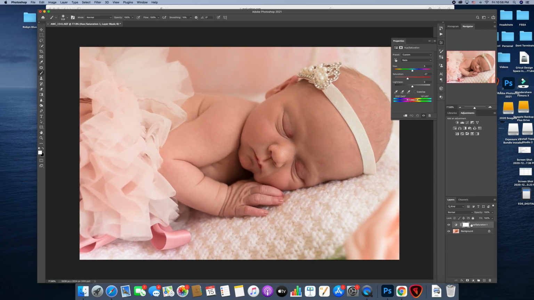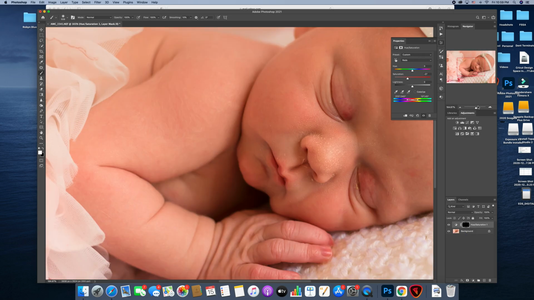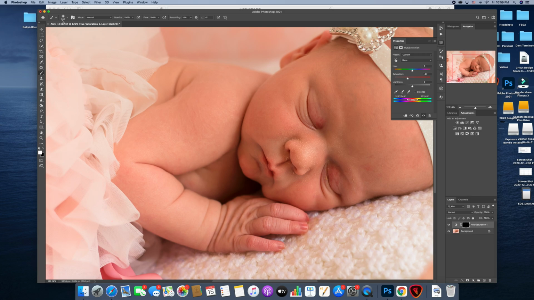So again, it's white, which means it's visible. So we want to Command I on our keyboard and make it not visible. Because it's not visible, we need the opposite color brush. And what we're going to do is go in, and I'm going to paint that on the areas that are too red. Now you can see we went really far with this adjustment. I'm not worried about that right now, you guys. I'm just getting it on the areas that are just